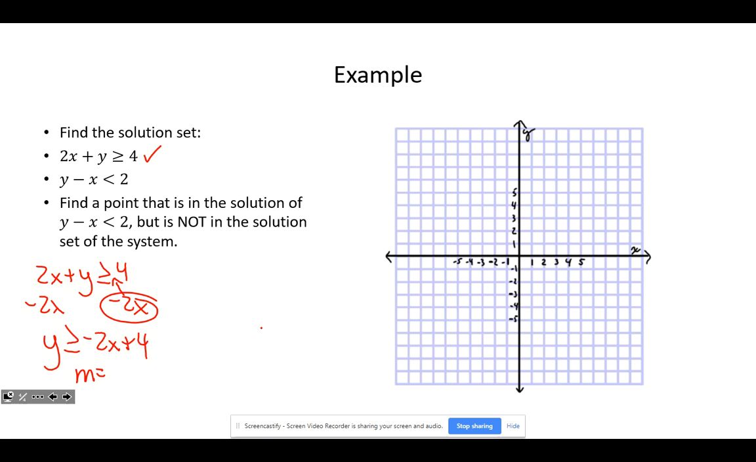My slope is negative 2 over 1. My y-intercept is going to be 4. So on my graph, I'll start at 4. I'll be going down 2 and over 1 all the way throughout. This is going to be a solid line since there is a bar underneath that sign. Arrowheads, label,